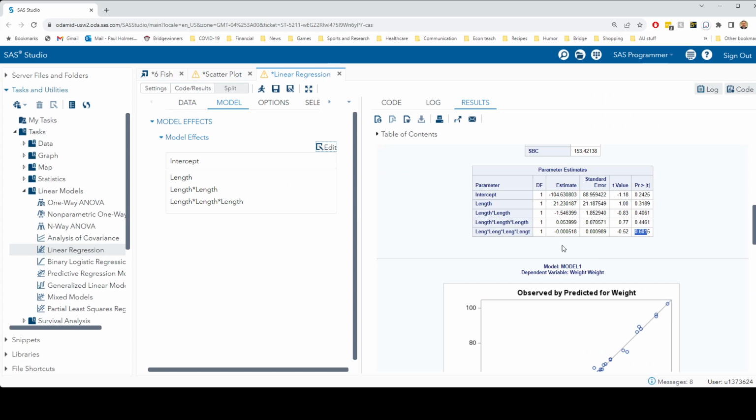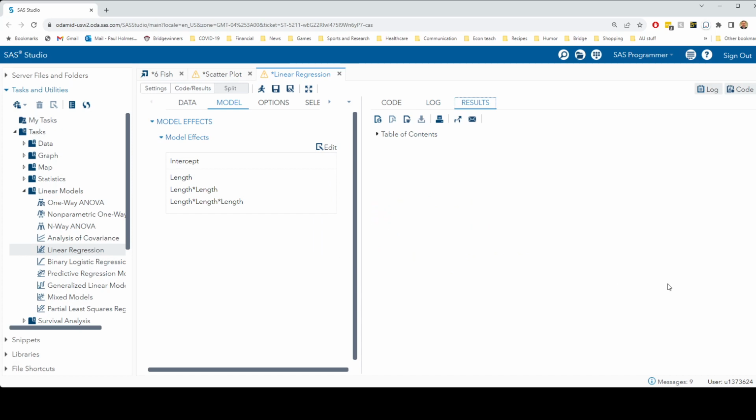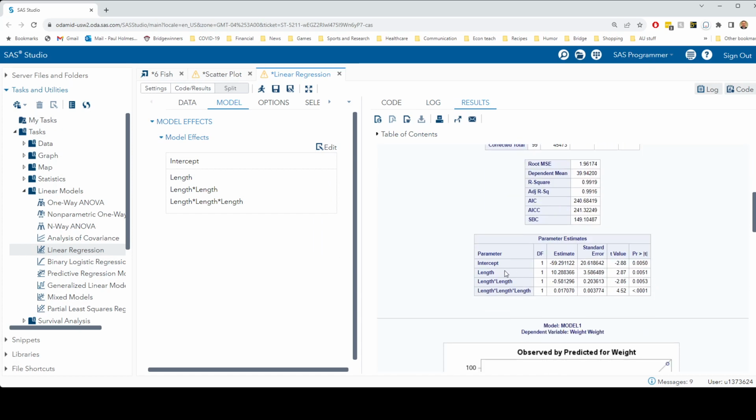One last thing I want to point out here. If you happen to find that length and or length squared are not significant, have p-values bigger than 5%, ignore it. We need to have those lower order terms in when we have the higher order term. Otherwise, our model is estimated inaccurately. So make sure that you include the lower order terms whenever we include one of these higher order terms. So if we've got length cubed, we need to include length and length squared. If we have length fourth, we